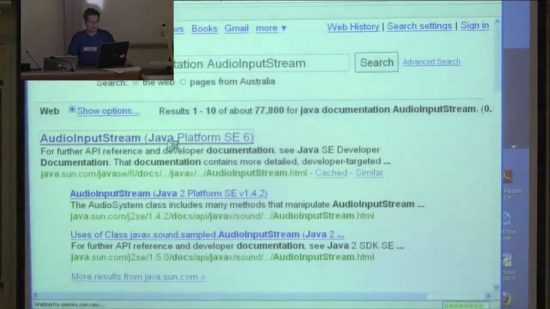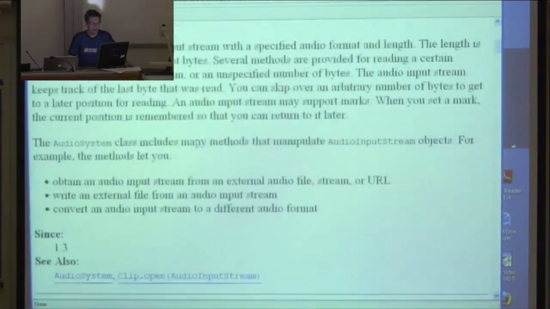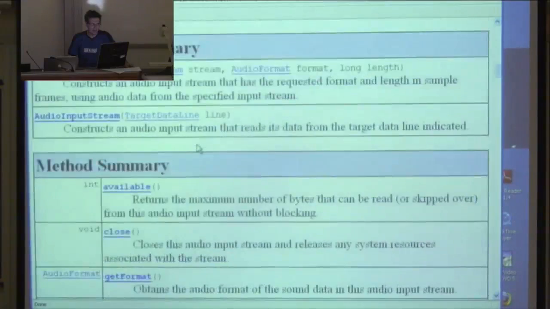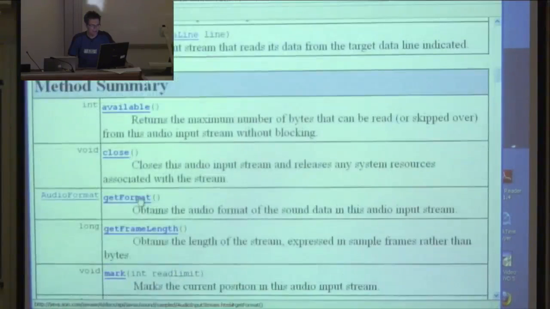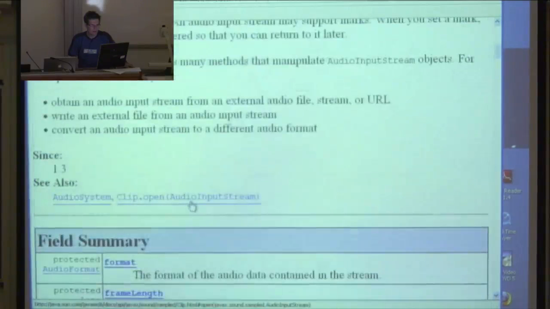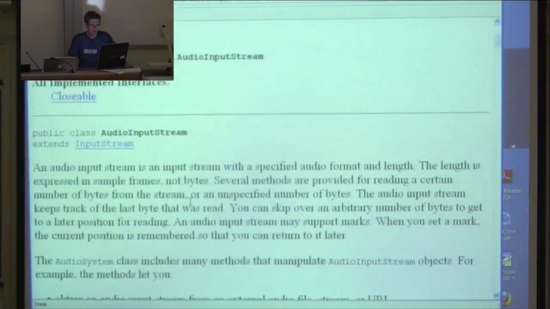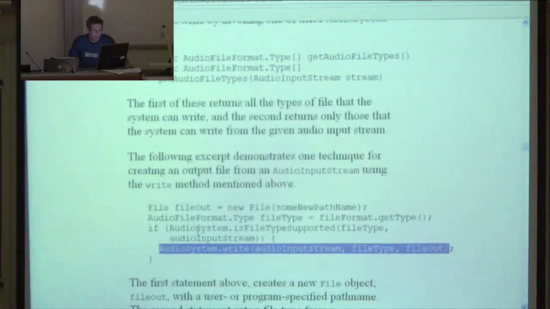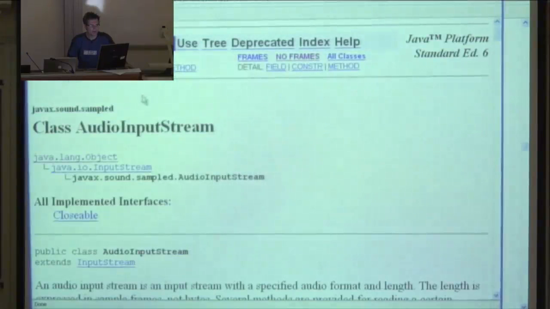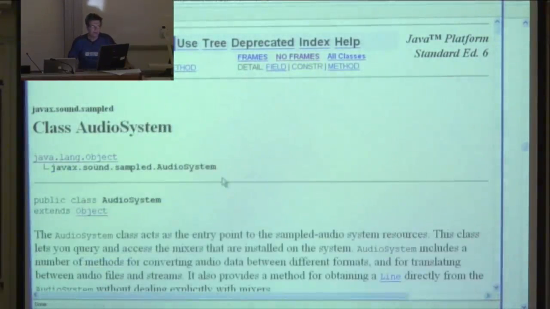And it showed me the version 6 one. That's really good. Here's an audio input stream. And the function was called what? It was called write. So I whizzed down to look for the write function. Where is it? Oh, no, it wasn't an audio input stream? Oh, AudioInputStream was a type. Where did this come from? AudioSystem. Oh, sorry, I'm wrong. So the write function belonged to AudioSystem. So I had to look for AudioSystem.html.